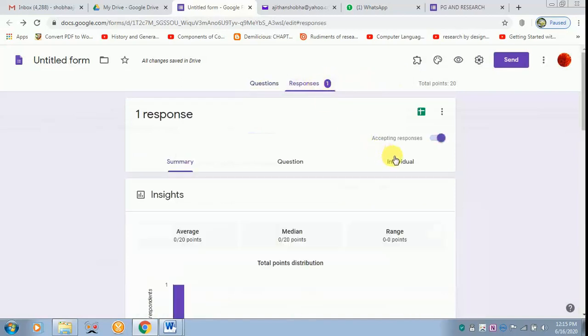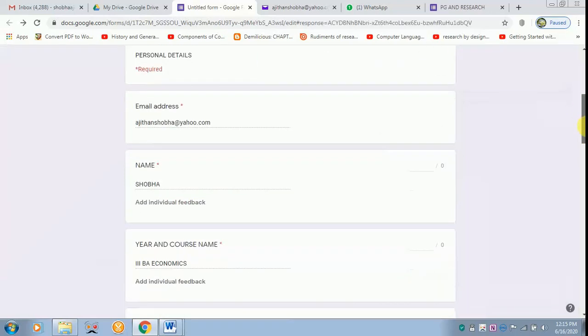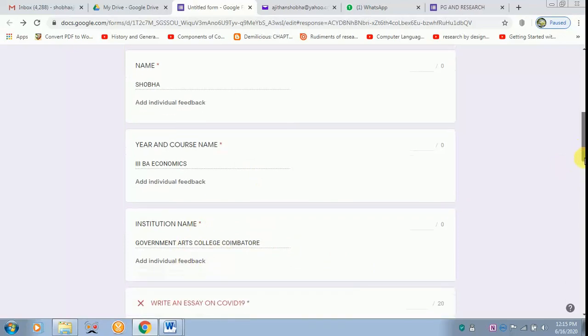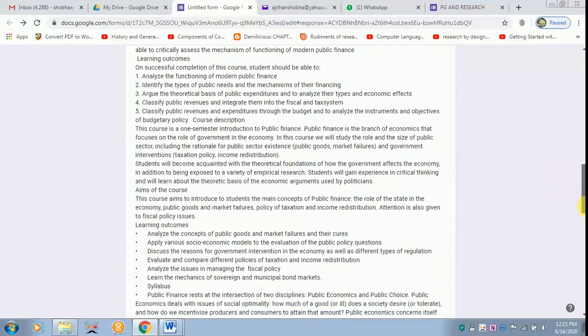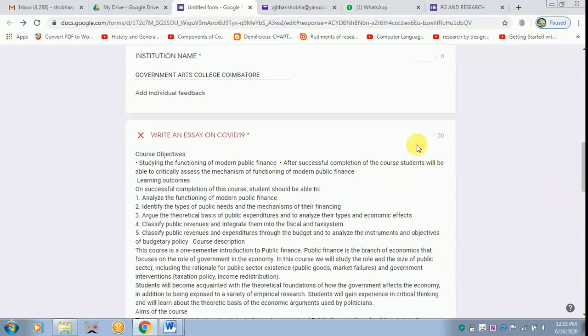So we have to click individual, and then you have to scroll down. So you can see that this is the email ID. The participant is Shobha. She's studying in 3rd BA Economics, and she's from Government Arts College, Coimbatore. This is her essay. After reading the essay, I feel that she has done well.